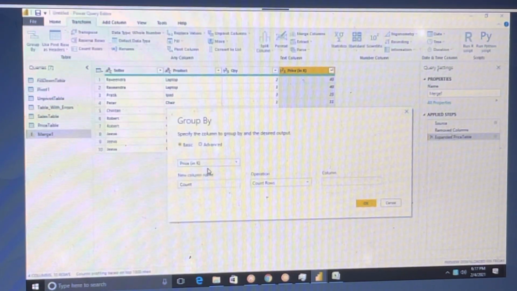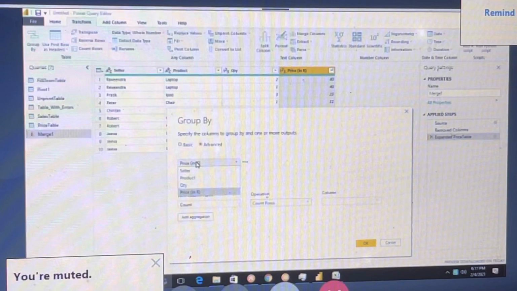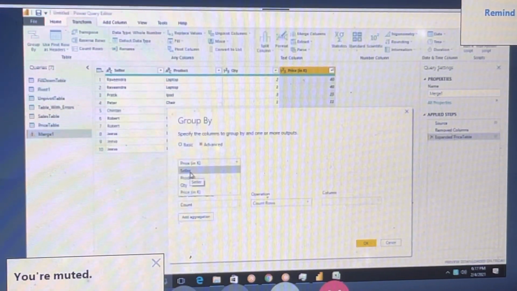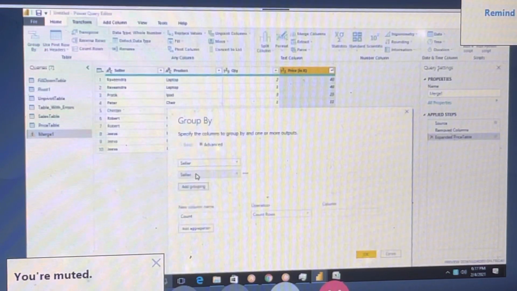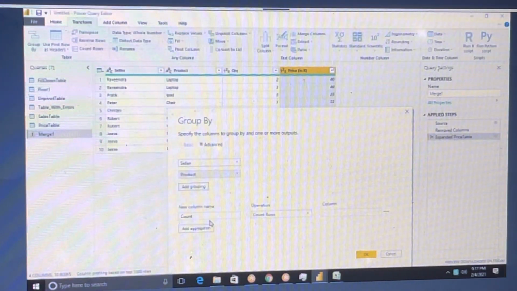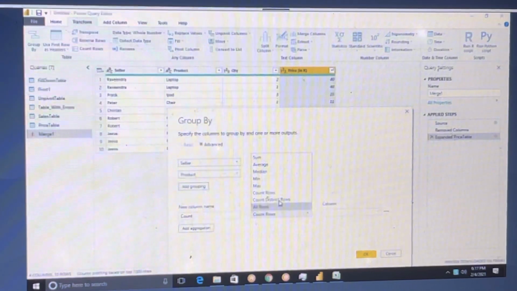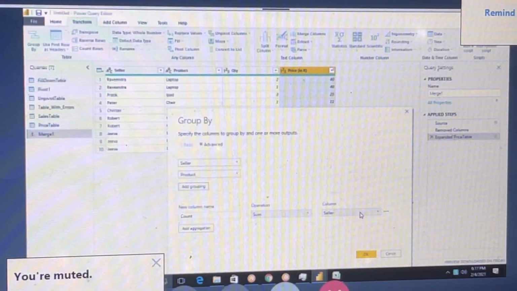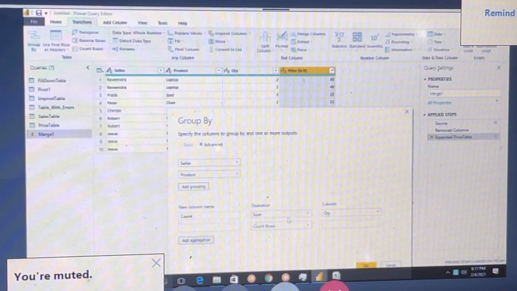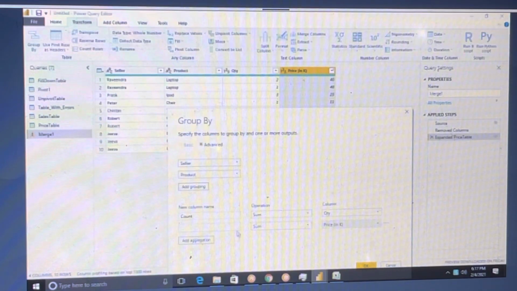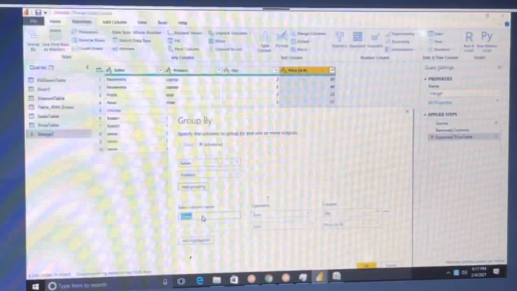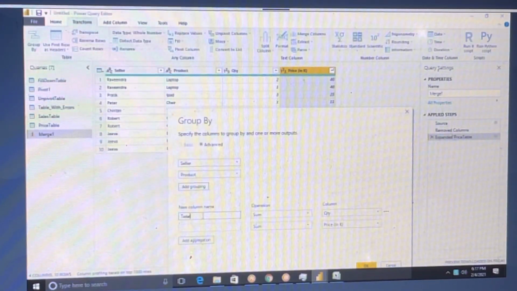Hold on. Now what you can do is, based on seller and based on product, here take the sum of quantity first and the sum of price, price in K. So total quantity, total price, right?